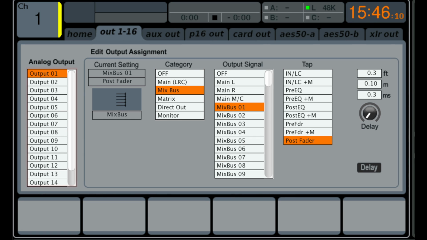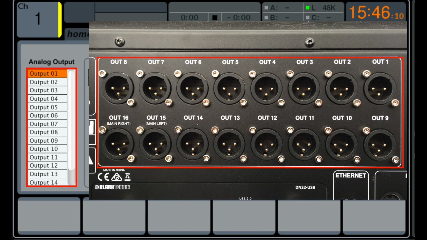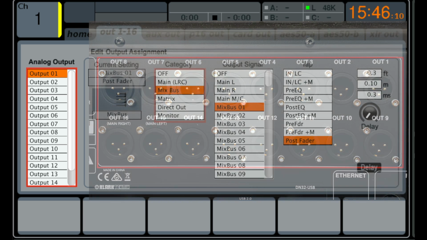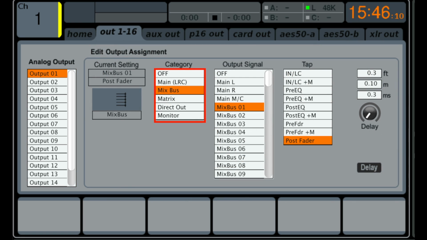On the output page, you can see that in the left column are the 16 XLR outputs that correspond to the back of the M32. Above the third encoder are several categories which will help you navigate all the output signals that are available to route to the 16 XLR outputs. Above the fourth encoder, you can see the list of output signals. If you scroll through all of them, you'll find that you can route pretty much any signal that runs through